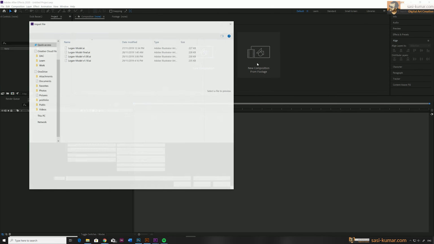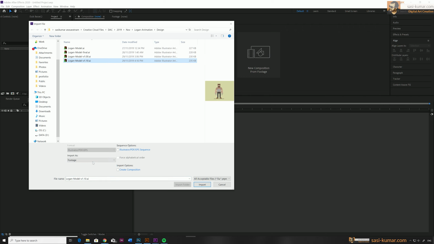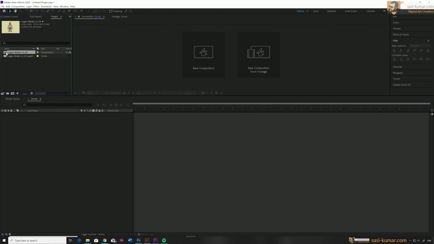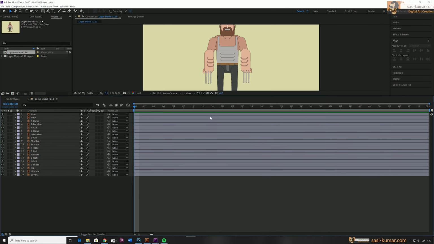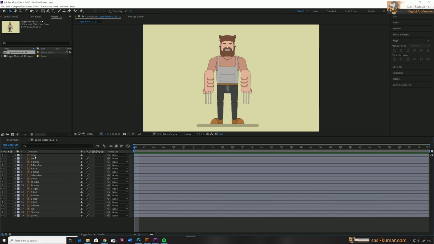Okay, let's import our newly modified character as a composition, which will import our character as a composition. As you can see in here, it came with all the layers and all seems to be okay, except the shoes. They are behind the legs, so I need to bring them to the front. Select the right shoe and bring it on top of the cuff, and the left shoe also on top of the cuff. Now they are in front. All right, let's open the Duik plugin panel.